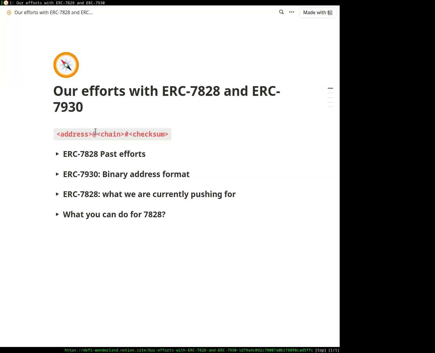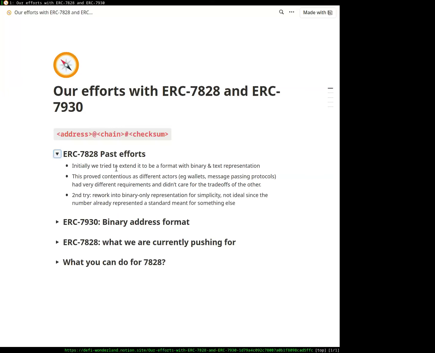It has some history. It initially started as a text representation, and we tried to also define a binary one, then make it only binary. Then we went back to text. It's really a bunch of context that doesn't really matter, other than the fact that we chose to split the standard.